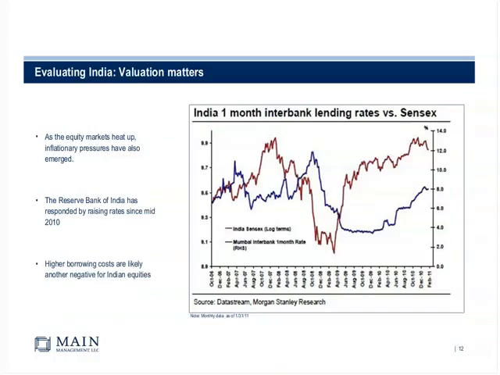Flipping on to the next page. This is just talking about inflation inside of India, and what you can see here is the red line. The red line shows you the performance of the Indian stock market. The blue line shows you the interest rates. And what you can see has happened here is since 2010, short-term rates over in India, 1-month rates, have more than doubled from less than 4% to 8%. So they're in the process of trying to battle inflation.